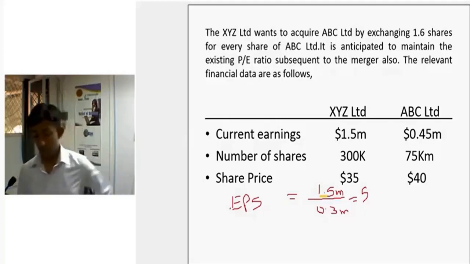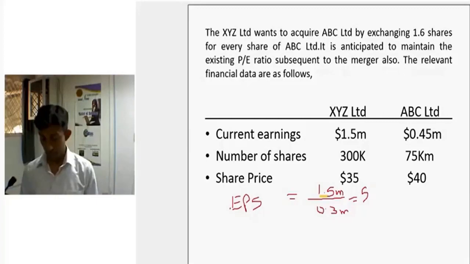What about ABC? So 0.45 million divided by... actually this should be K, not 75K, that is 75,000. So just a mistake, which I will correct when I'm uploading the presentation. So just ignore this part, please. It should be K. So if you calculate